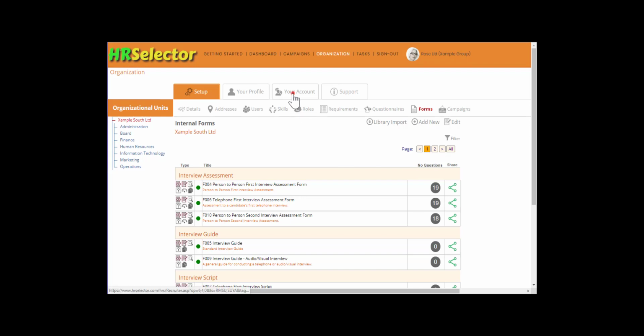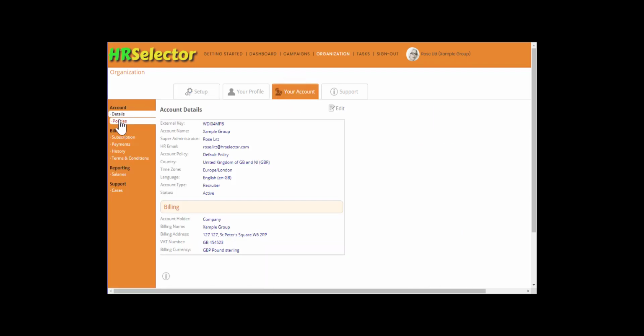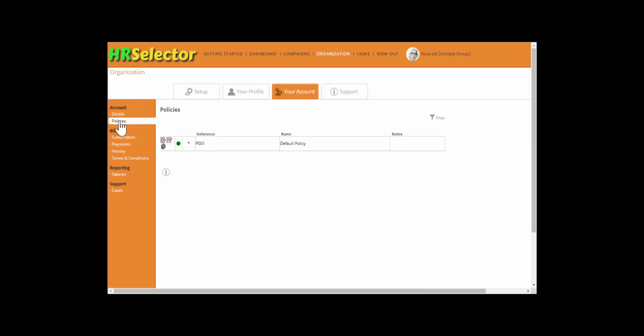Click on your account. Click on Policies. Policies allows an organization to define a number of standard values or information. For each new campaign, a policies record is assigned, and the policy information used to populate a campaign with default